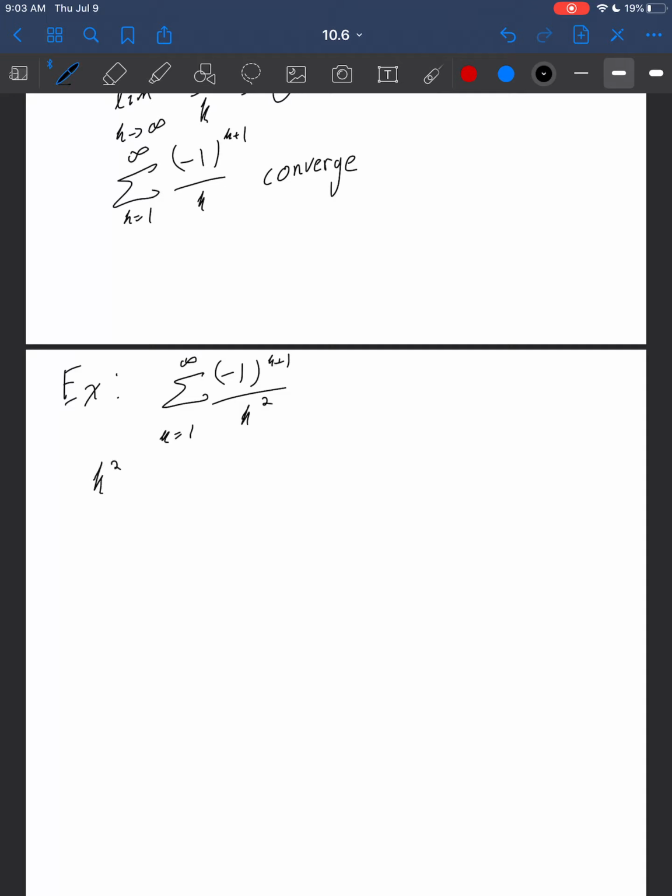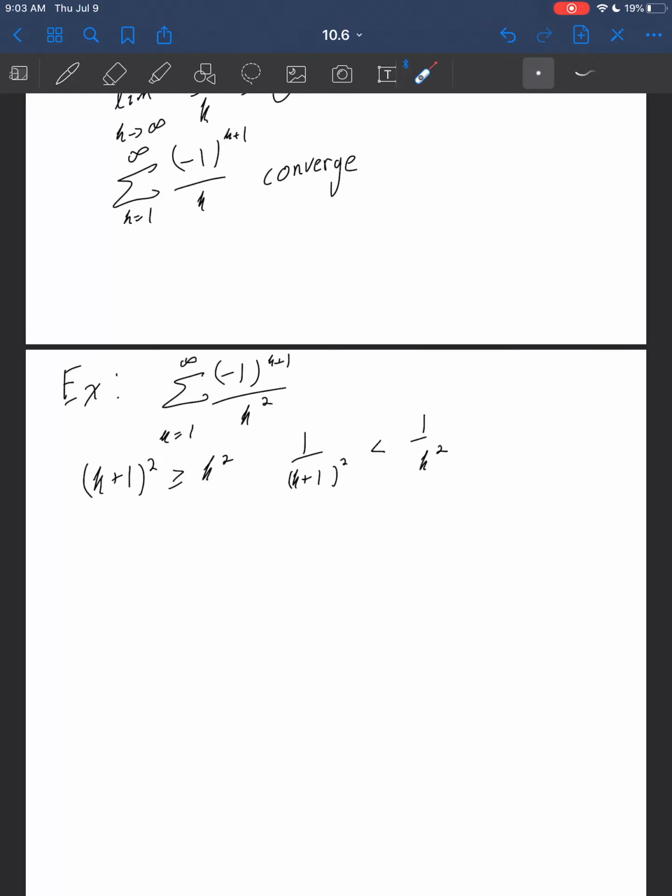So we need to show a couple of things. We want to show that our terms are non-increasing. So again, we know that k plus 1 squared is certainly bigger than k squared. Taking reciprocals, we get that 1 over k plus 1 squared is less than 1 over k squared. And so we do know that my terms are going to be